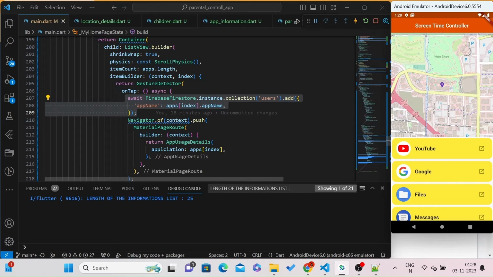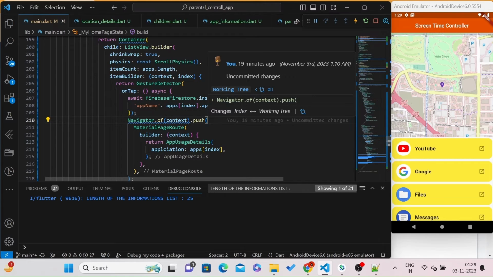So the next step, what I am going to do is create a sign in page, and the sign in page will have two fields for parents. One is email and password. They can sign in with their email and password. And the second, for the children, it will have three fields. One is user email and password, along with another field where they have to enter their parent's unique ID, and the parent's unique ID we are going to store, or how we are going to generate that I will show you. Let's create two pages, one for sign in options, and there we will have two buttons,